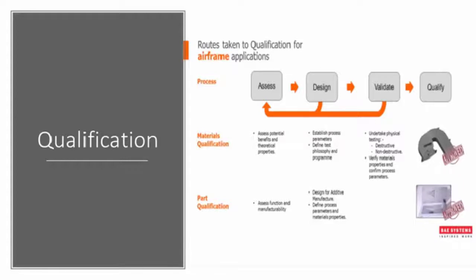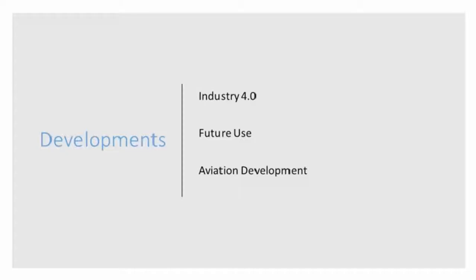Parts that are currently qualified on military aircraft, shown in the previous slides, include a NACA inlet duct, and this was using an SLM solution, and the Typhoon ECS ducts use an SLS nylon solution. BAE Systems have applied ALM to many other applications, including aircraft protective equipment, ground equipment, tooling, shop aids, as well as spares and repairs. This has been across the full range of ALM processes. Looking ahead to future developments,